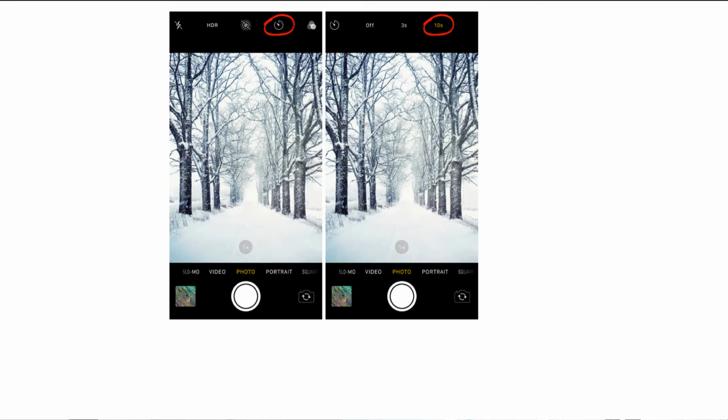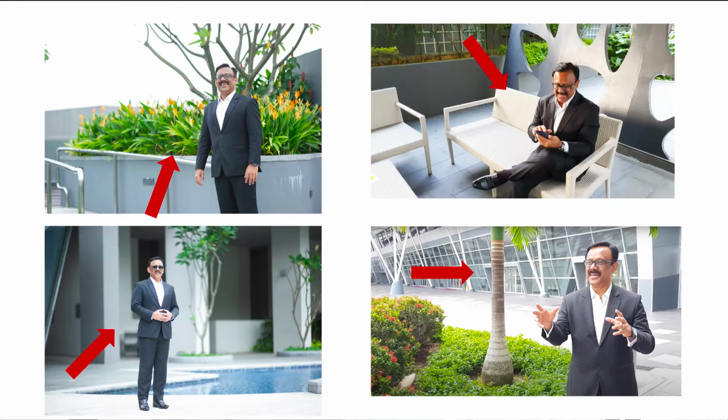Before we take the photo, we select a location, and once we select the location, the next most important thing is camera framing. What it means is the placement and the position of the subject in the shot. Normally when we take a photo on our phone, we probably hold it around eye level and snap, right? That's what everyone else does.